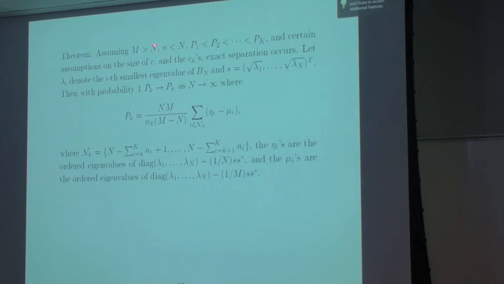Okay? And the other assumptions needed are that there are more samples than the number of receive antennas, and that the total number of transmit antennas, little n, is less than the number of receive antennas. There are other assumptions in the paper, which will allow exact separation. You're going to get things involving the p's separated. The eigenvalues associated with the different p's will be separated from each other.